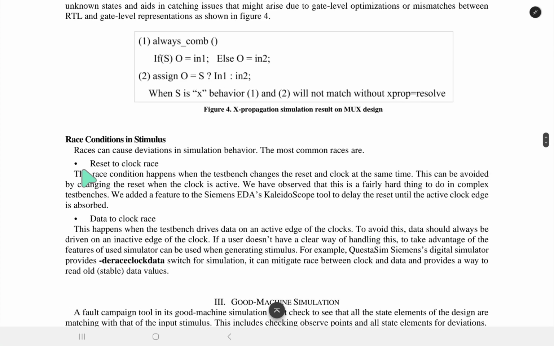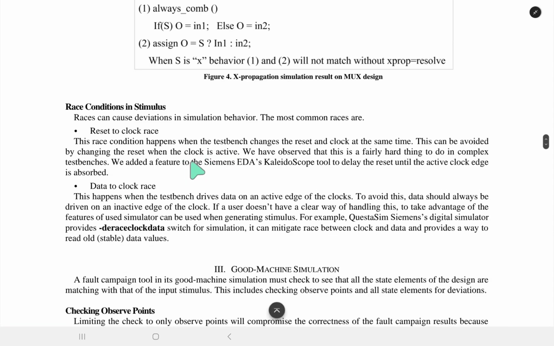Race conditional stimulus. As races can cause deviations in simulation behavior, the most common race is the reset-to-clock race. This race condition happens when a test bench changes reset and the clock at the same time. This can be avoided by changing the reset when the clock is inactive. We have observed this is a fairly hard thing to do in complex test benches, so we added a feature to